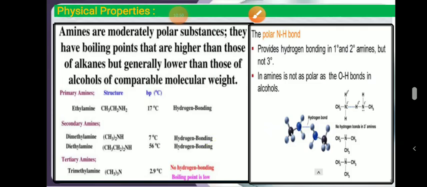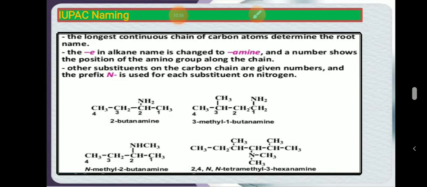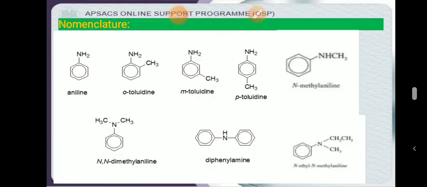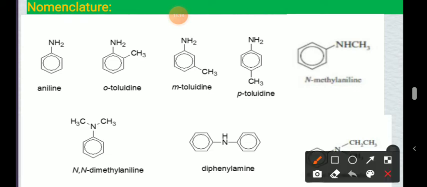Okay, then we have the physical properties of amines, but before starting it I skipped a part. So let's start with the nomenclature for aryl groups. These structures need practice; they don't have any rules normally. We give them simple names, and you have to memorize them. Let's start with the first part.